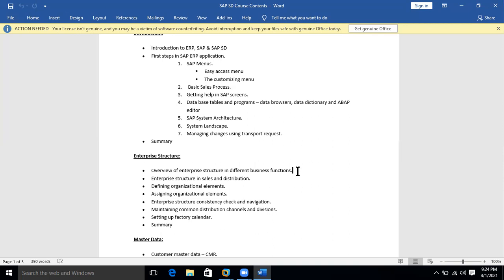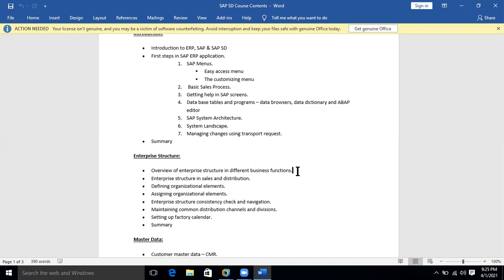For example, you will have purchase organization, purchase group, and warehouse management. So these are additional org elements. Like this, you can have a different org structure for each business function.